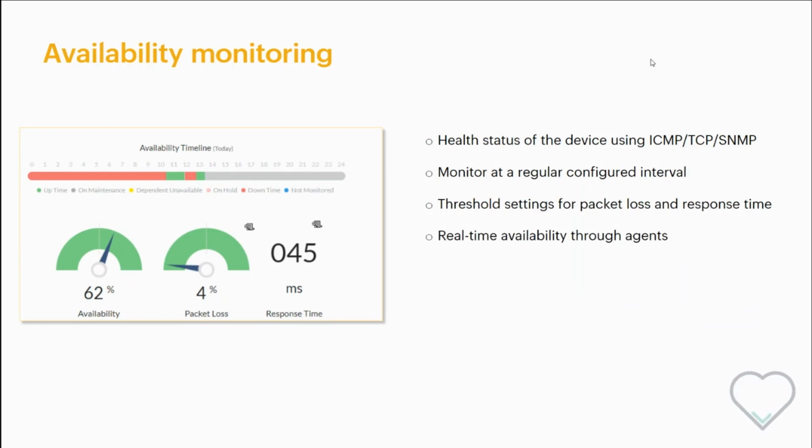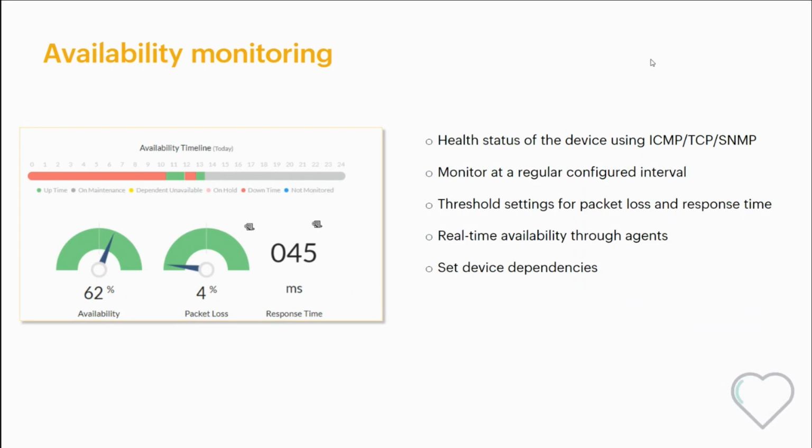You can also monitor availability in real time using OpManager's new agent-based monitoring feature, and you can also set device dependencies. For example, if you have a core router and a number of other servers or routers connected to that router, you probably know that once the core router is down, all the child devices will be down. So what OpManager does is that OpManager basically gives you alerts whenever a device is down. So once the core device is down, you will get alerts for the core device as well as all the child devices associated with it.